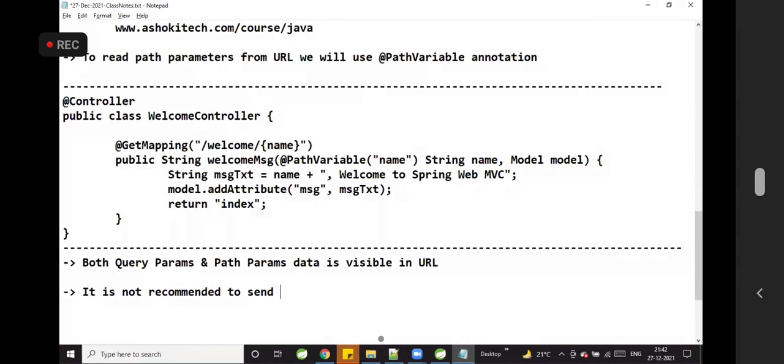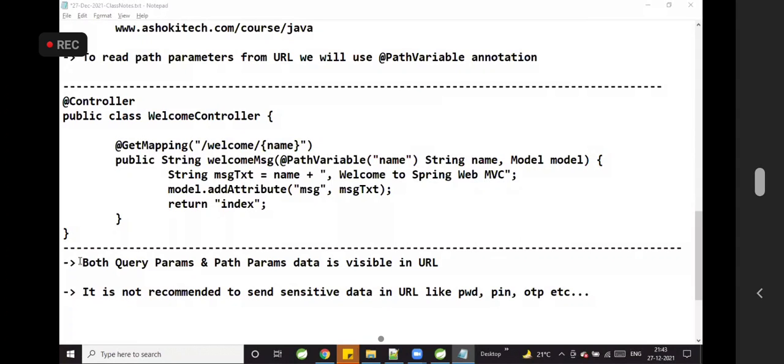It is not recommended to send sensitive data in the URL, like password, PIN code, OTP, etc. That is sensitive data. We should not send such kind of sensitive data in the URL.